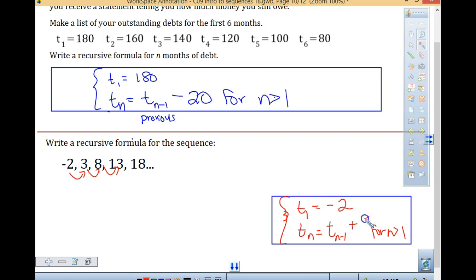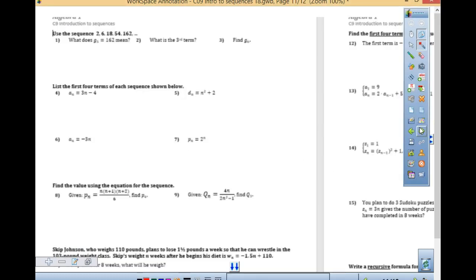So, n minus 1, just telling me the previous one, and then what did you do? Plus 5. Now, you want to make sure that this is a little subscript way down here. You don't want it to look like this, T n minus 1, because that almost looks like T times. So when you're writing that n, telling me that subscript, you do want to make it small like that, okay? Questions as you are looking at that one? Okay, so your homework is on, if you would turn back to page